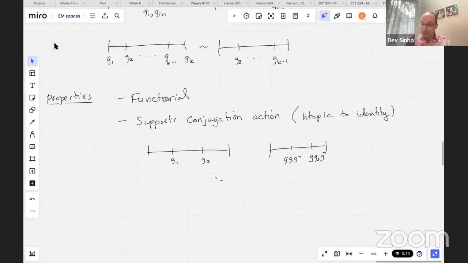You might have heard in the background my dog. If this is my dog, and the g g inverses are water, after going to the water, they can be shaken off, and the g1 and g2 stay where they are, but the g inverses and the g's are moving out to the left and the right. And eventually, they either go off the end or cancel. And you end up, there's a straight line homotopy, which